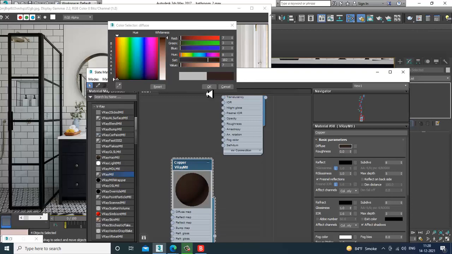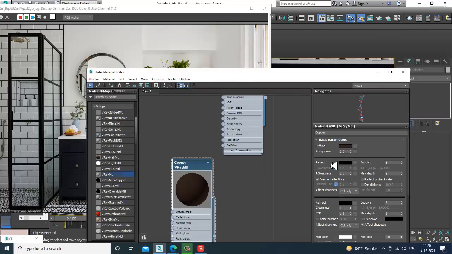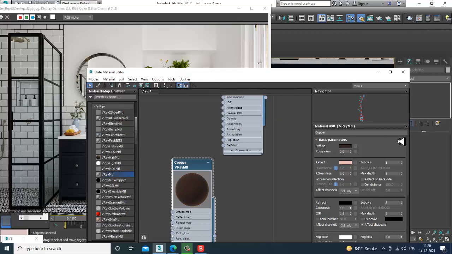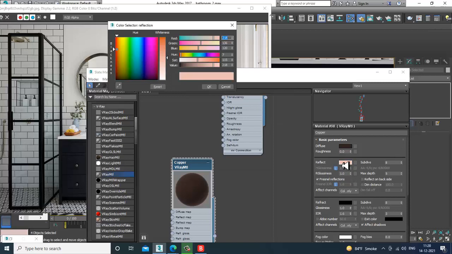I'll just activate this. I'll go into reflection and reflect. I have different properties over here, so I'll set some of the properties to make it a bit of an orangish color for reflections.